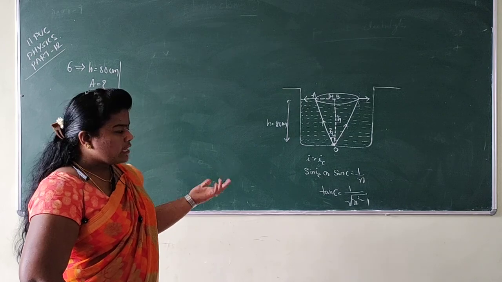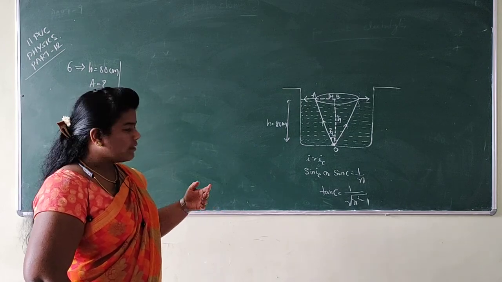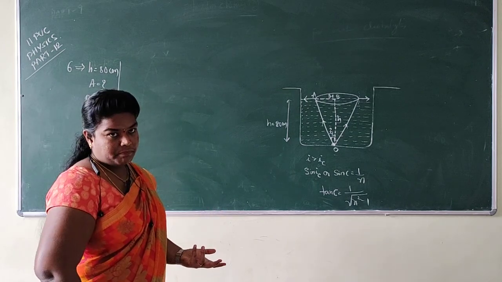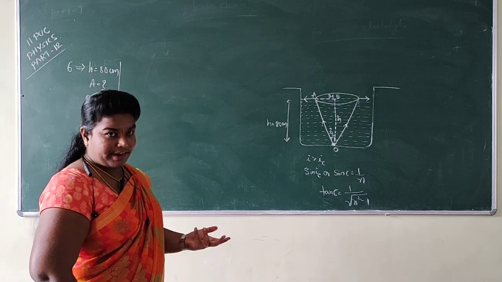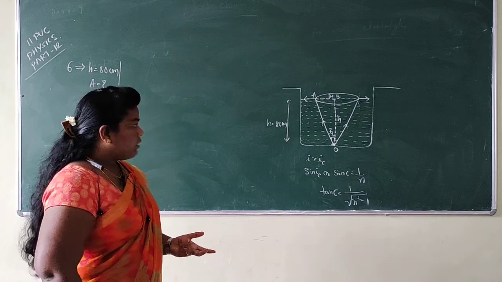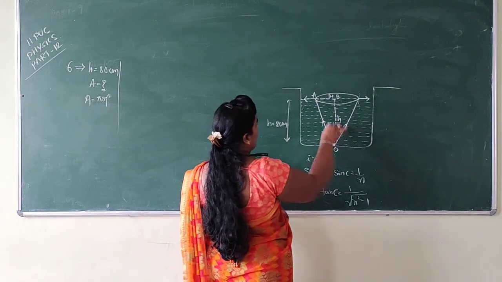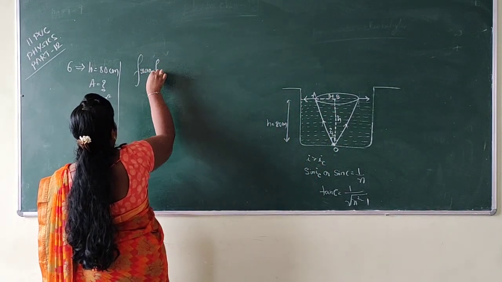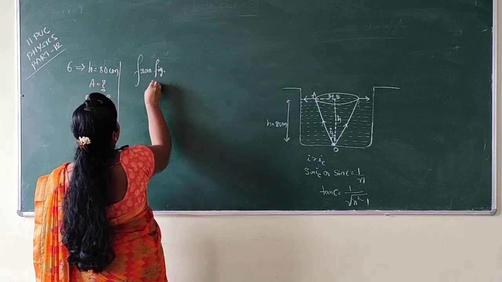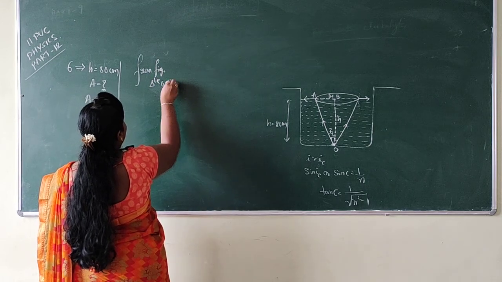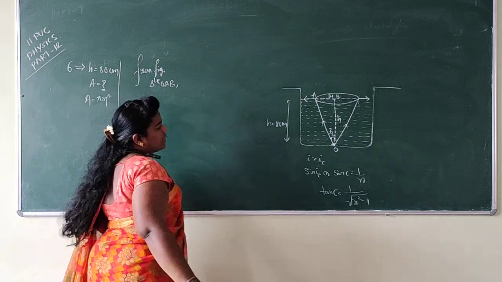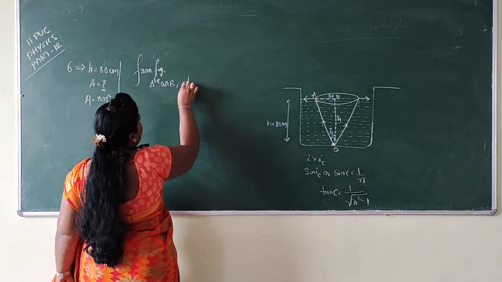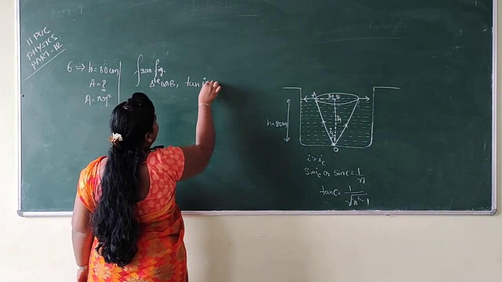We knew sin c. With the help of sin c I have written the formula for tan c. Right? But now what do we need? Since we need the radius, consider the triangle OAB. From the triangle OAB, what is tan IC? Tan IC can be written as